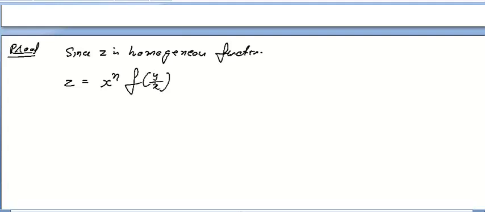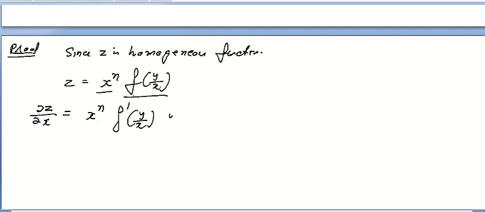Now I will find the derivative of z with respect to x. This will be u into v, because x is in both parts. So x raised to power n outside, then the derivative of f, f'(y over x), and the derivative of y over x, where y is constant, the derivative of 1 over x is minus 1 over x